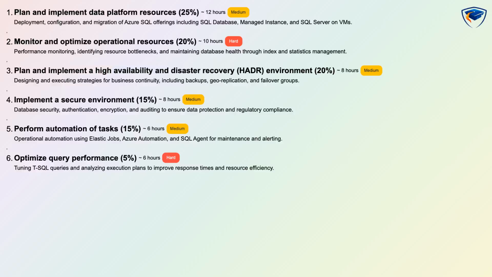The exam is divided into 6 main domains, with each domain focusing on a specific aspect of administering relational databases on Microsoft Azure. The 6 domains are: Plan and Implement Data Platform Resources, which makes up 25% of the exam; Monitor and Optimize Operational Resources, which makes up 20% of the exam; Plan and Implement a High Availability and Disaster Recovery Environment, which makes up 20% of the exam; Implement a Secure Environment, which makes up 15% of the exam; Perform Automation of Tasks, which makes up 15% of the exam; and Optimize Query Performance, which makes up 5% of